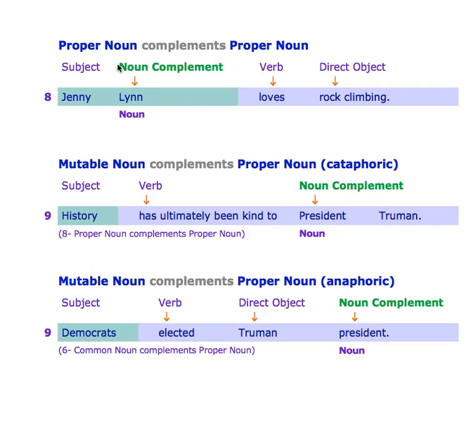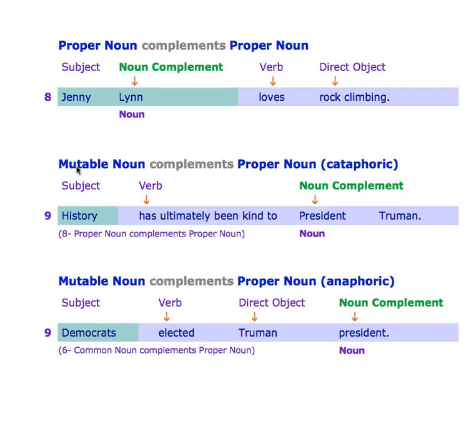Now here we have another application. Proper noun complements proper noun. So on the subject side of the sentence, we have a noun Lynn, and it's a noun complement, and is complementing the noun Jenny, the proper noun Jenny. All right. Then the next application would be,